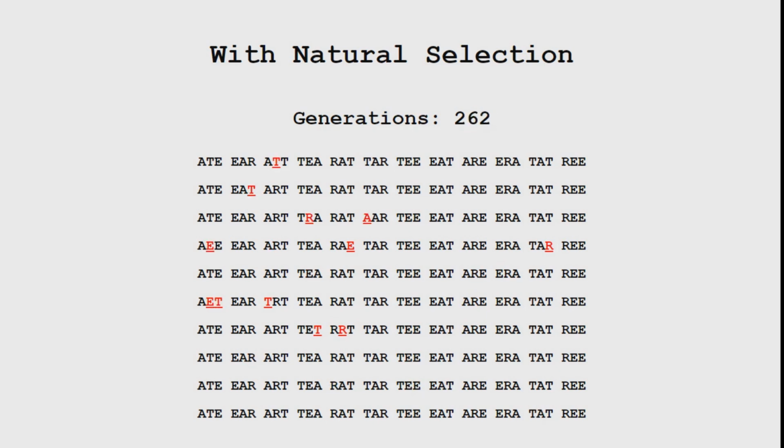With selection, you'll notice that the children don't stray very far from the original sequence, which means we've successfully simulated a highly conserved protein which resists mutation. In fact, in some generations, the chosen child sequence will completely revert back to its original form, free of any mutations, even though it previously mutated away from it. This demonstrates one of the strengths of mutation and natural selection. They are very good at optimizing the function of already existing genetic information. In other words, if you have a genetic sequence which is at least close to a well-functioning protein, mutation and selection are going to make it better.